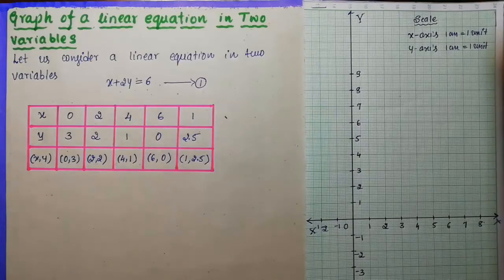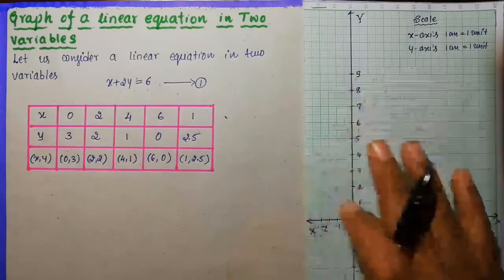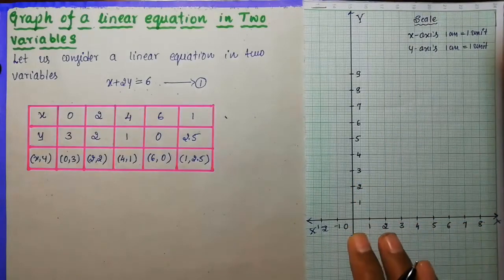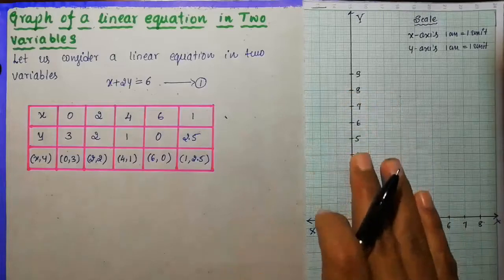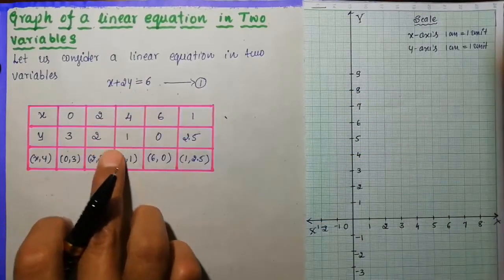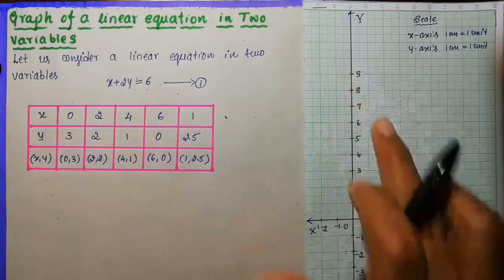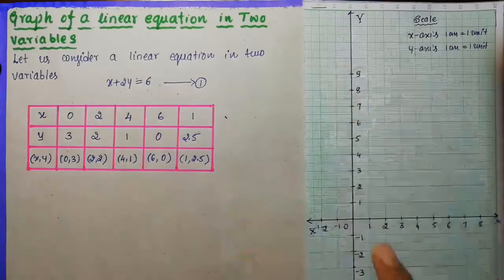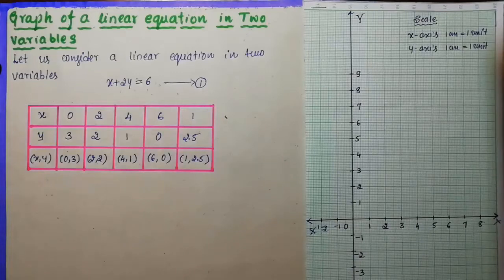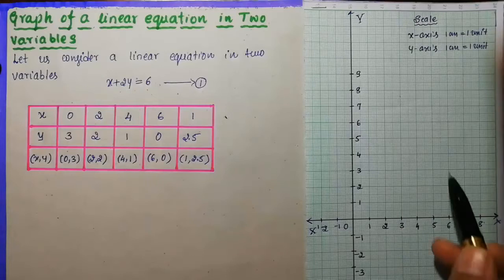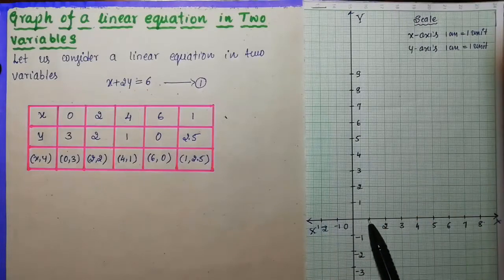Now I have already drawn the Cartesian plane here. Look here. This is the Cartesian plane, and I have considered only the positive axes, because here all the numbers are positive. So that's why I'm going to consider the positive x-axis and positive y-axis. And the next thing is you have to write the scale. Now look here. If you mark the graph like this, 1 from here to here, 1, 2, 3, 4, 5, like this, and also in the y-axis the same thing.